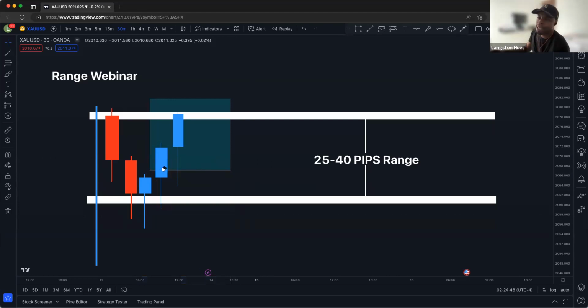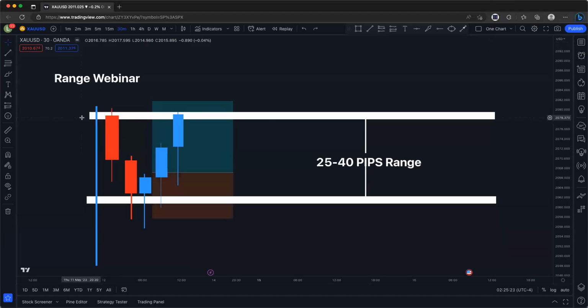So it's not ideal to have an idea before we enter any trade, it's mandatory. It's mandatory to have an idea of where your stop loss is going to be, because it's a vital component of the trade. Not just the idea of where we're going to take our profits. Like, man, I'm going to take my profits way up here. No, we got to consider also where our stop loss is going to be, because that's how we're going to really know how much we want to risk for that trade. What happened to my candle right here? I must have erased it. That's how we really got to know how much we want to risk for that trade.